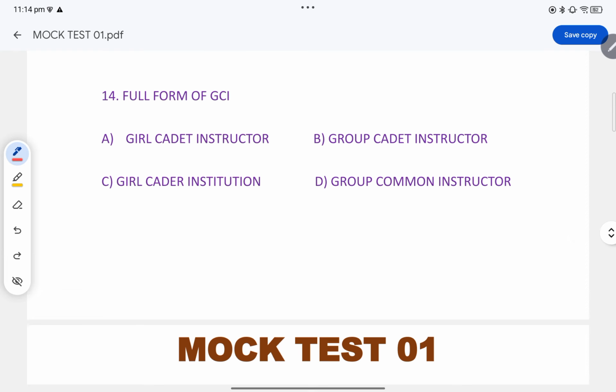Full form of GCI. What is the full form of GCI? You will be having a Girl Cadet Instructor who will be taking care, whom you can see in the camp, in the unit. Whenever you go to the unit or during the camp, you will have one lady instructor who will be taking care of the girls as well as the JDs and JWs, everyone. She will be appointed from the NCC. There's a separate recruitment for GCI. They should be C certificate holders and they should undergo training. After the training, they'll be appointed to the units by the groups and they'll be taking care of the camps.